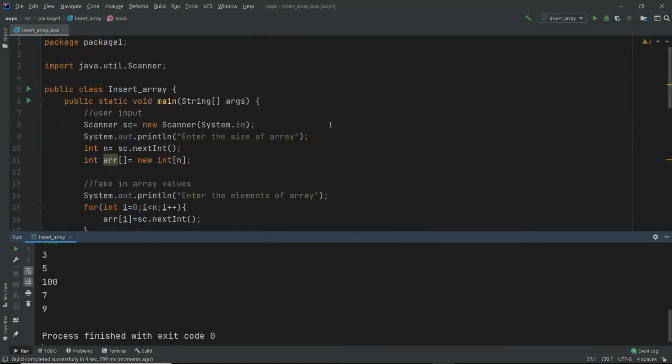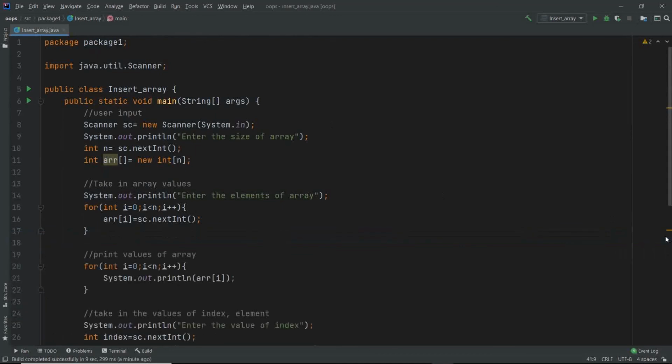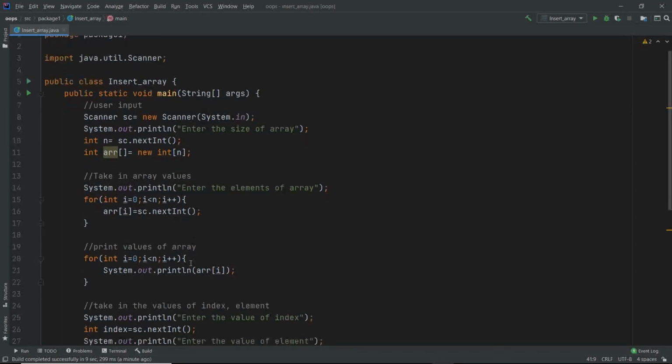Let me summarize the whole thing. I know most of you have understood, but I always get this feeling that something is missing. First thing which we have done is we have initiated this, we have kept this scanner class, and then we have taken the value of n, and then we have initialized an array of size n. After that, we have asked the user to give the array values, and we printed those array values.